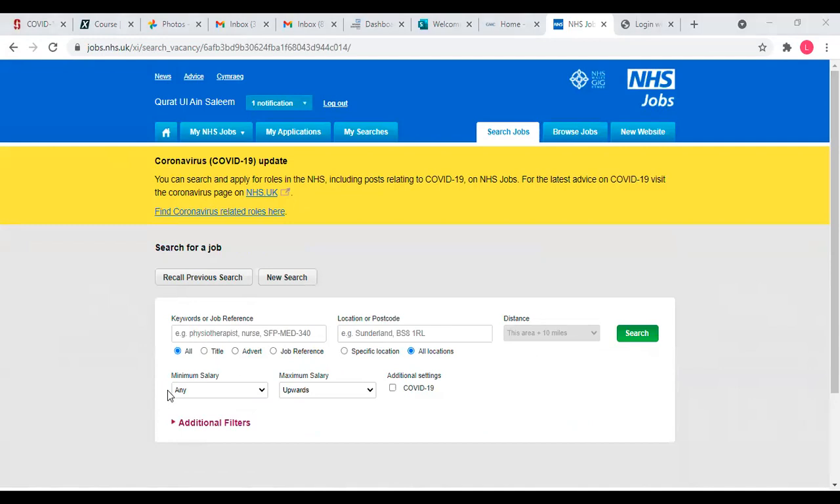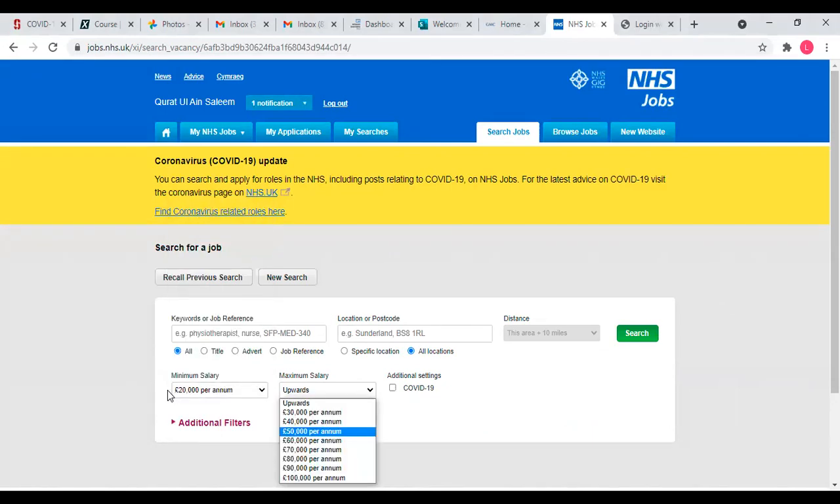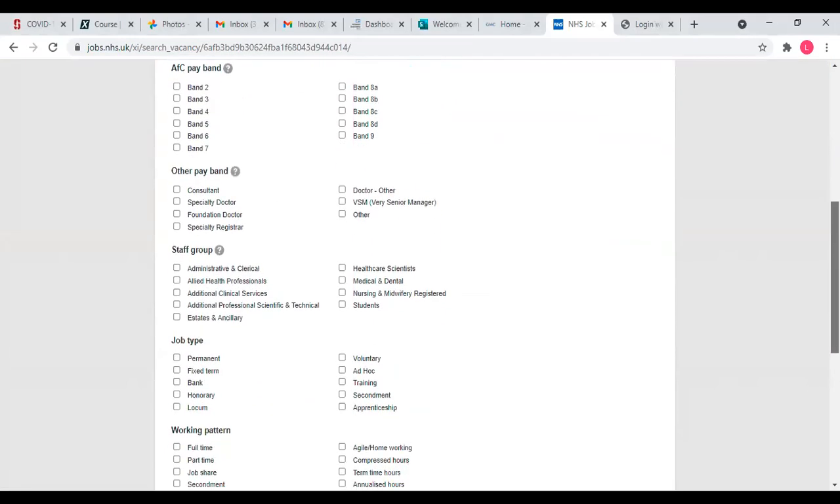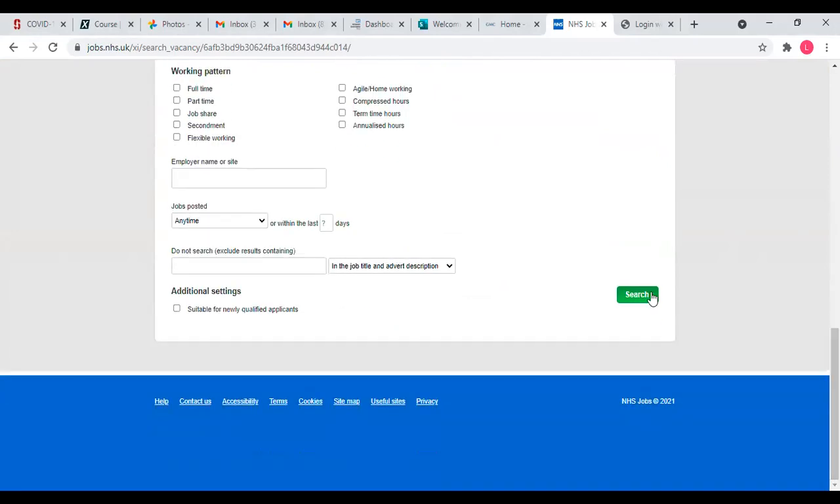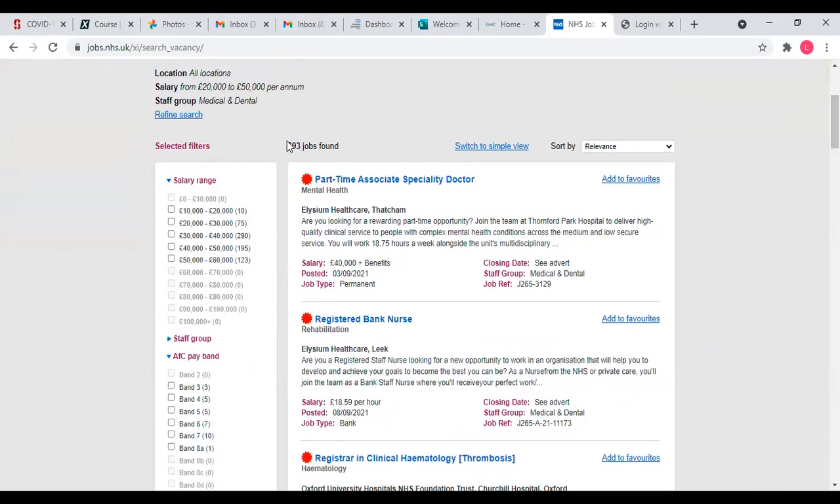Okay. So for a junior doctor, it should be between 20,000 to, you can put 50,000 or 40,000. It's up to you. And the next thing is, I'm going to put medical and dental here. All right, just two things here, and I'm going to search. So now it is showing me 693 jobs, and all of these jobs will be